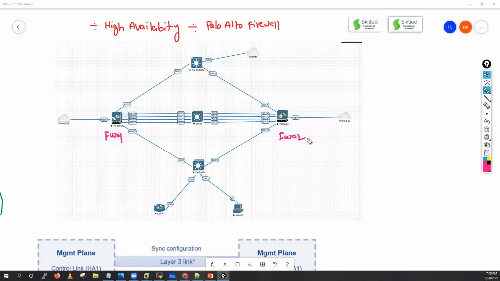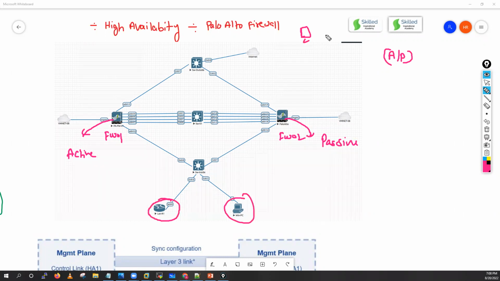Now let's discuss active passive high availability. In active passive high availability, what happens? One firewall will take the role of the active device, and the other firewall will take the role of the passive device. Now all the traffic which is initiated by these LAN users, or let's suppose we have some